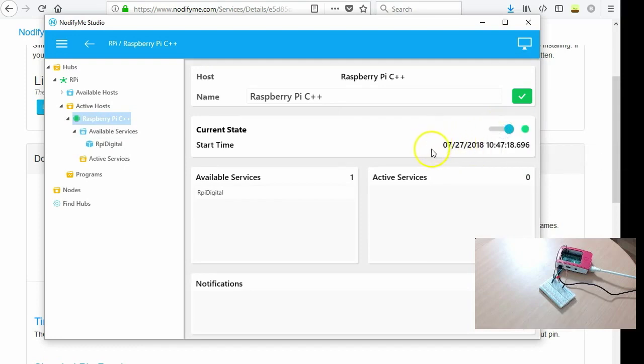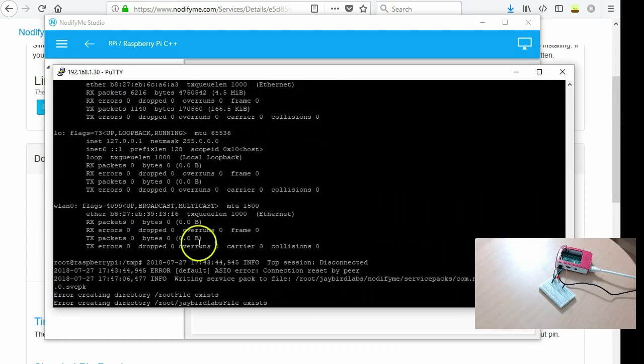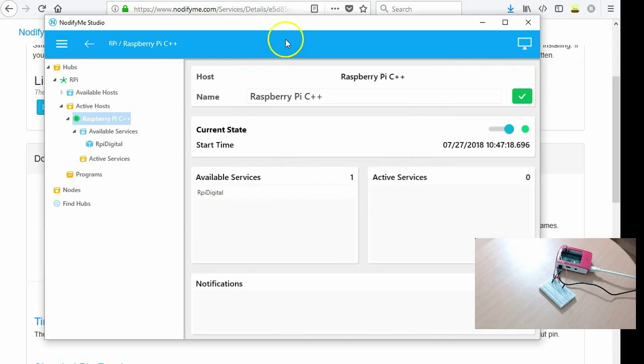What you're looking for is to have this start time and this green light turn on. This means that you actually have a process running in your Raspberry Pi. And so if we were to go in here, well, actually you can see it right now. This is the actual service host running, which is great. So now that we have the service host running, we want to tell it to start one